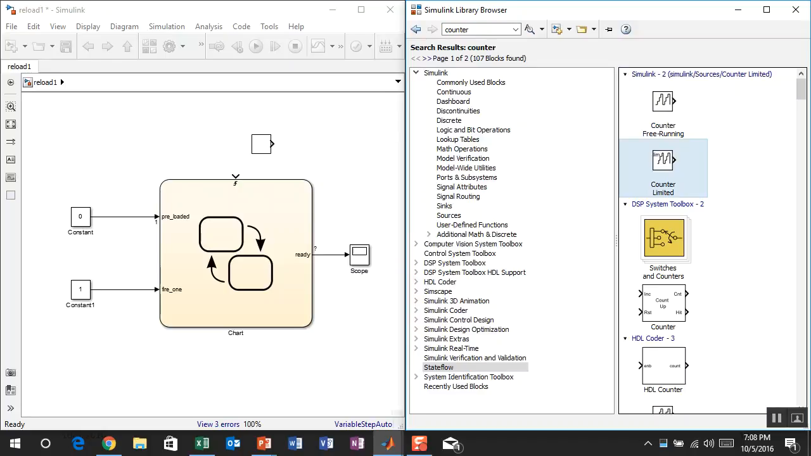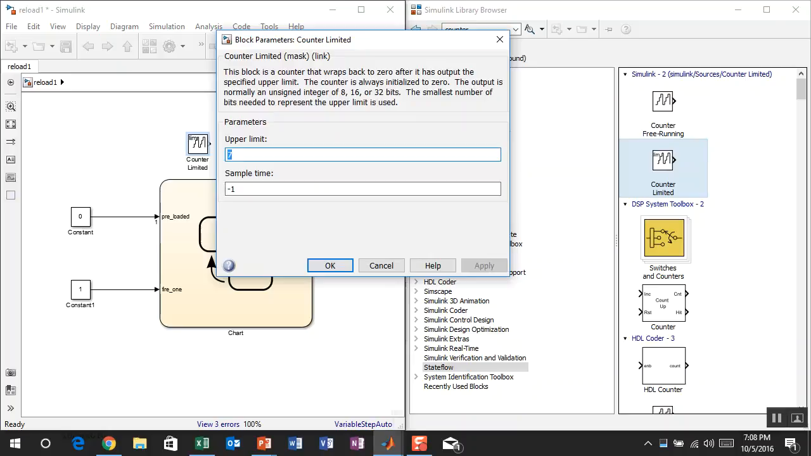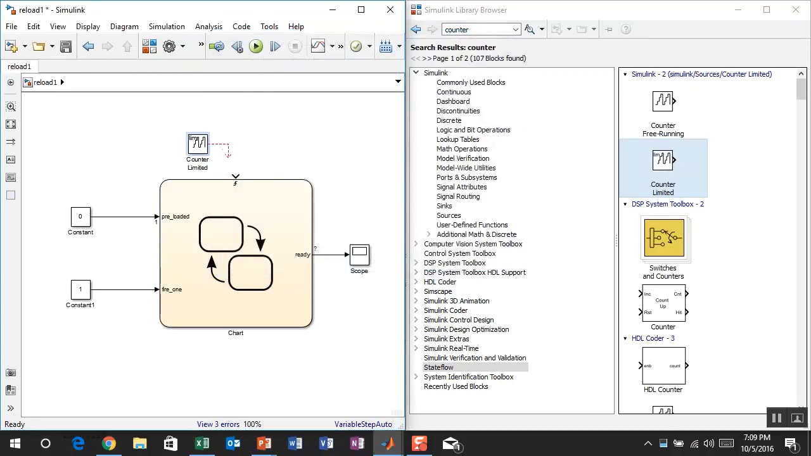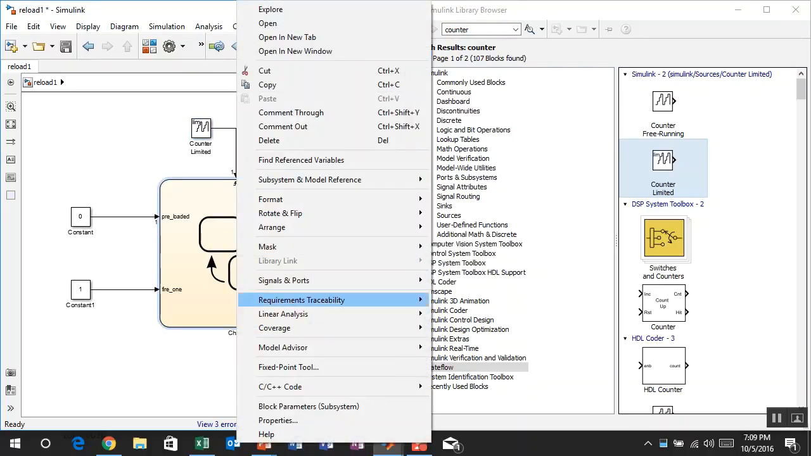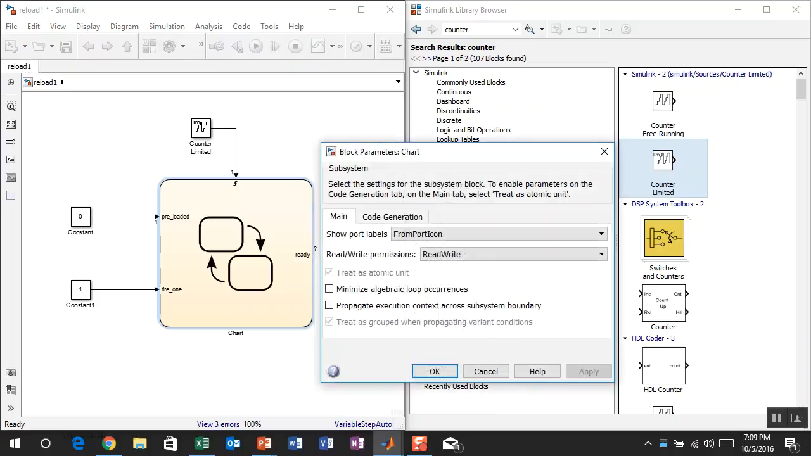So I'm going to drop that in here. And so all we have to do is make the upper limit 1. So it goes 0 to 1 and then resets. 0 to 1, 0 to 1. And then we'll set the sample time to be, how about 1/10 of a second? Now, the sample time of this, I'm right-clicking on it, and I'm going to go to block parameters, and